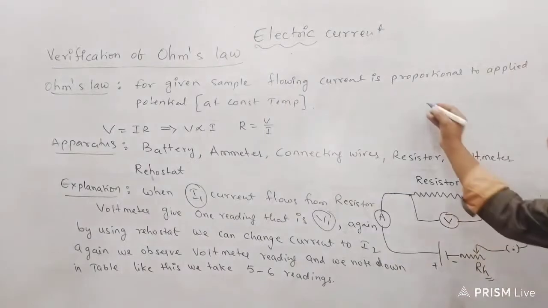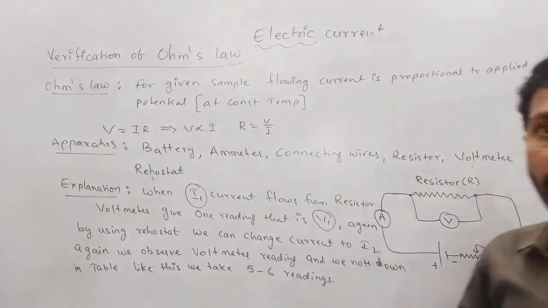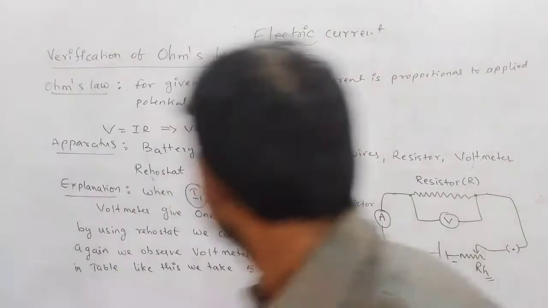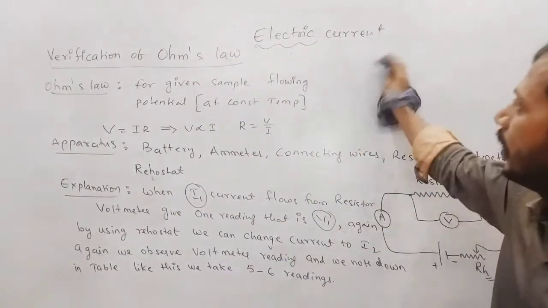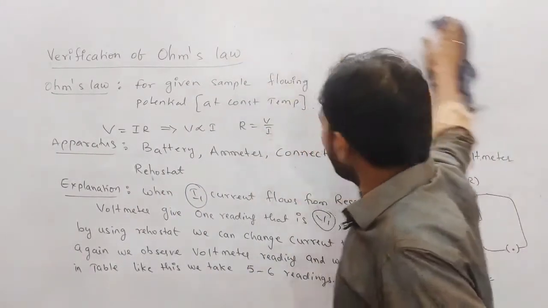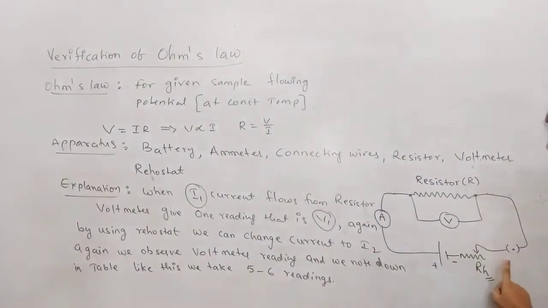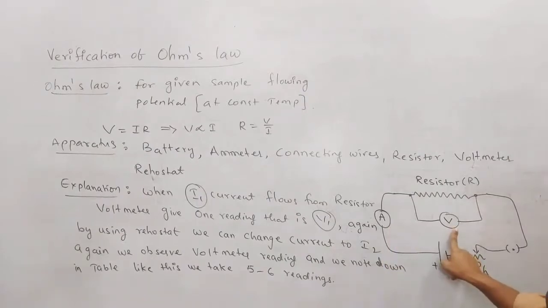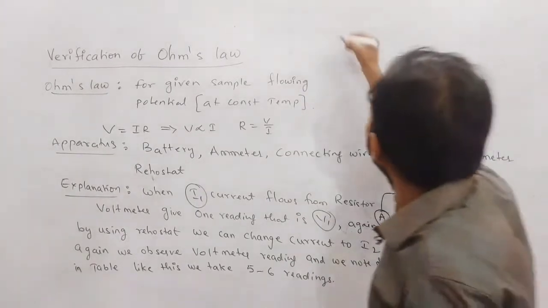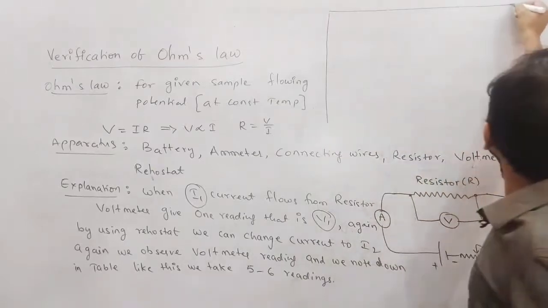Now I am going to make one model box here. If you don't mind, this sentence you completed, I am going to rub this one sentence, children. Now when you use the rheostat, you changed the current value and you observe the voltage value. Now whatever values you observed, I am making a table.